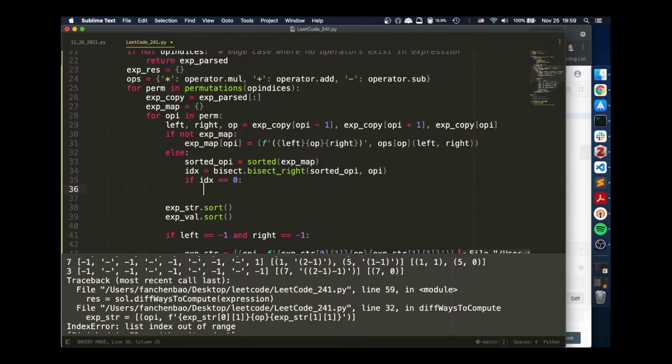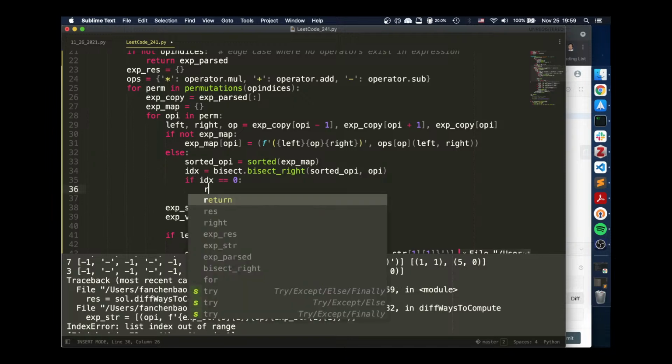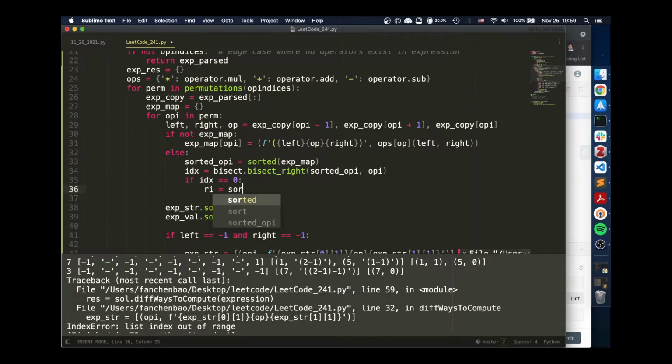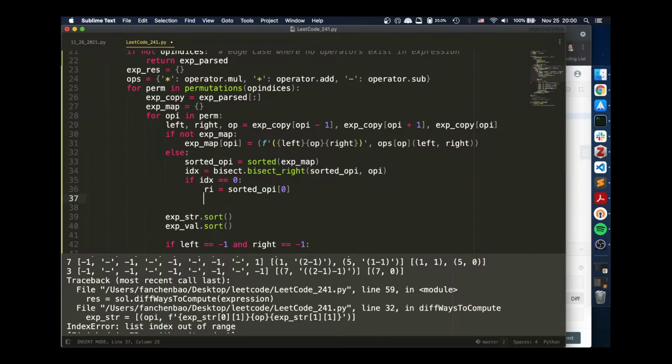So if it's 0, right? So means we're gonna do current 0. So I'm gonna say right will equal to ri will equal to sorted OPI 0. All right, and then when I'm going to the map,